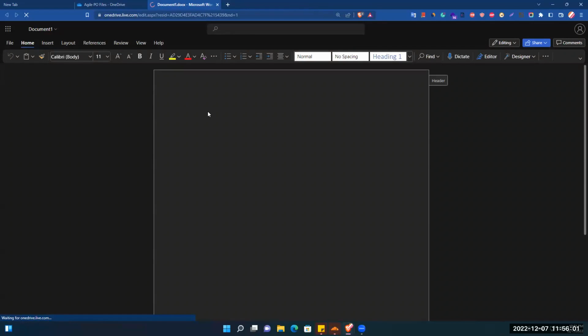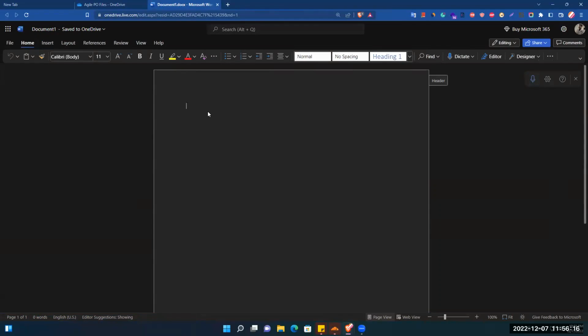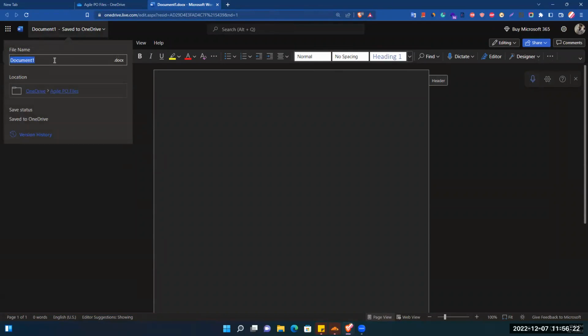In this document file, we can prepare documentation, like if we have an assignment or anything to prepare in a doc. We can do this from here. Here you can change the name of your documentation.